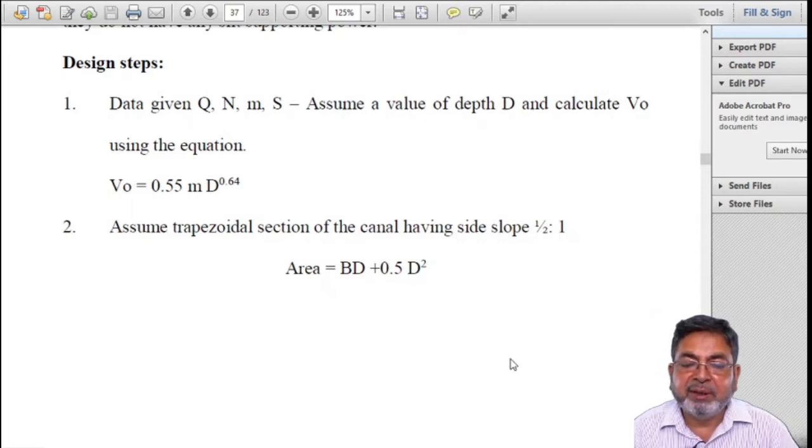So what you have done there? There you have found the depth of beam, width of beam, and area of reinforcement. So similarly, in the design of canals, you will find out the depth of canal, width of canal, and longitudinal slope of the canal. But in the method of Kennedy, the depth will have to be assumed, and longitudinal slope has also to be assumed, because Kennedy did not give any equation for the longitudinal slope of the canal.